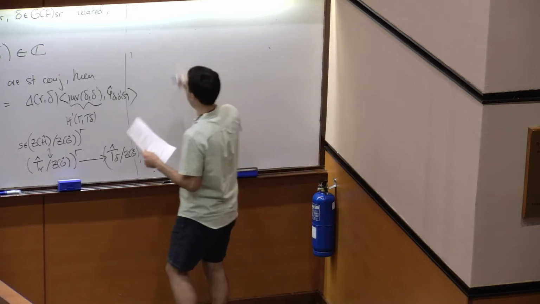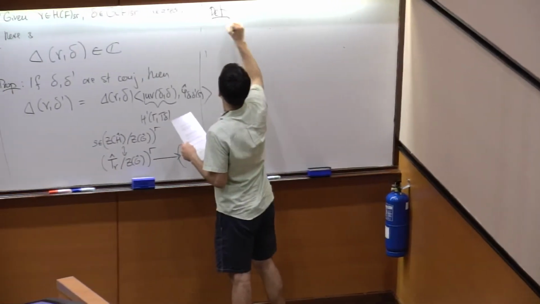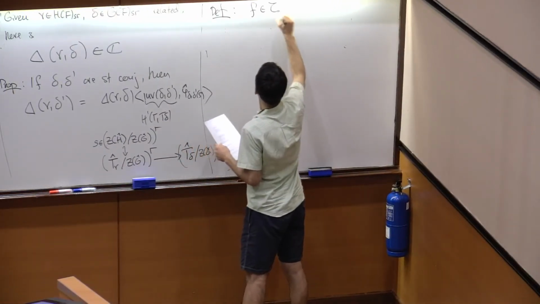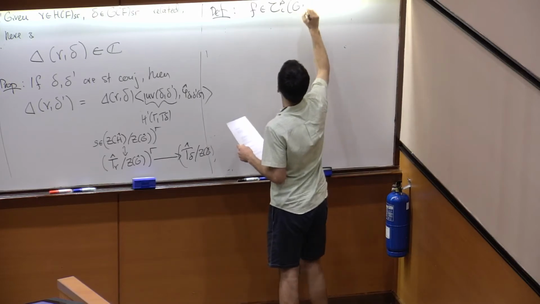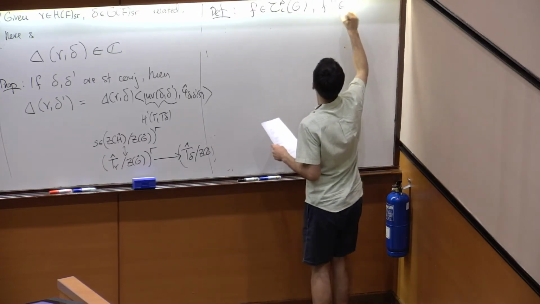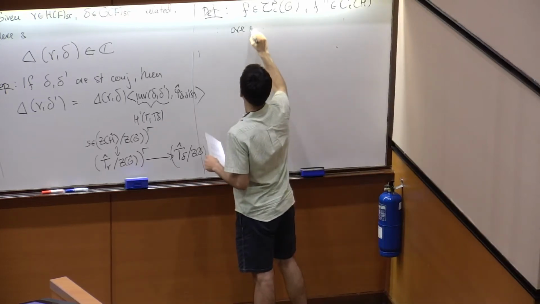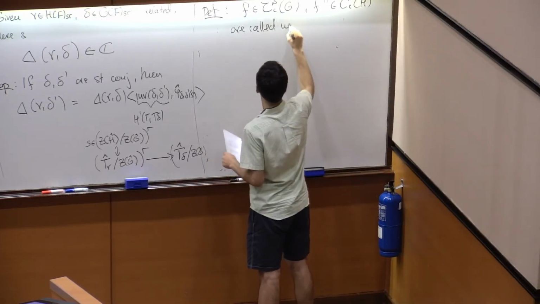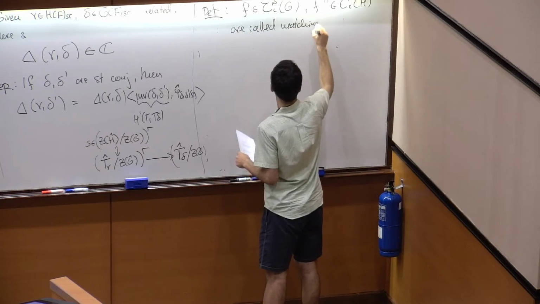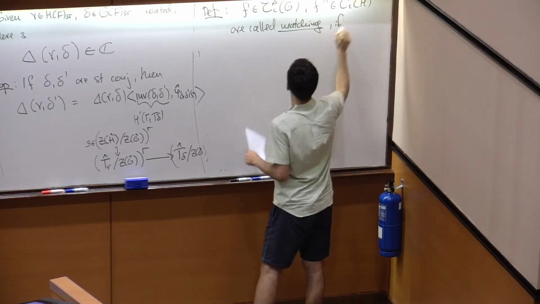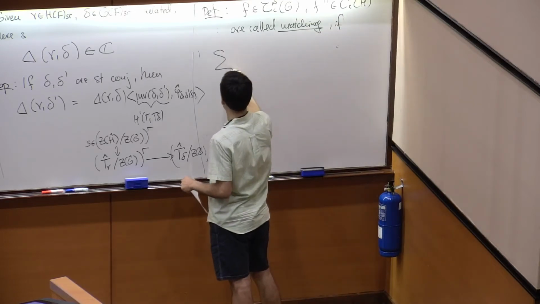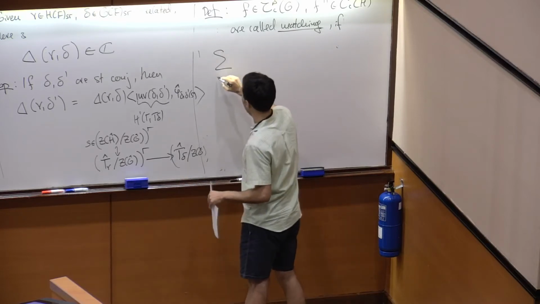The first thing is the definition. So a test function in G and a test function in H are called matching if the sum of the orbital integrals